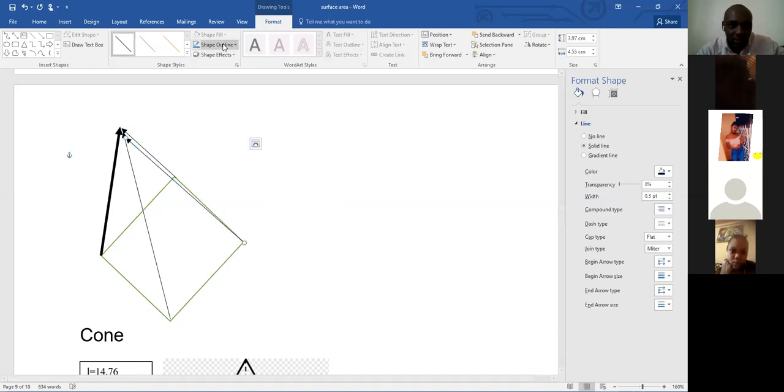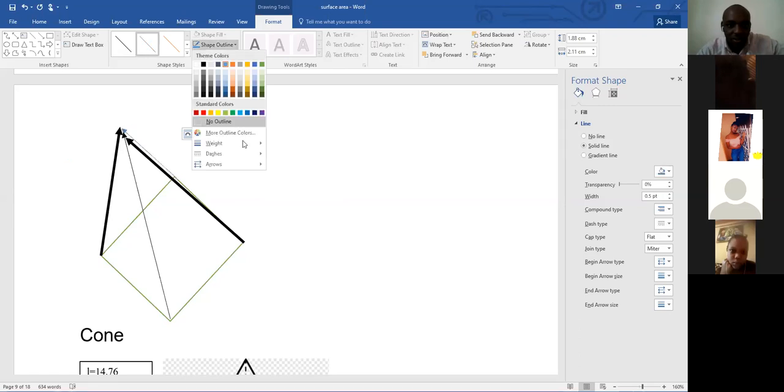I have given the weight. Yes, there is another one here. This one I can give it a different color so that it is seen well. Yes. So whatever I've done, and this one here.